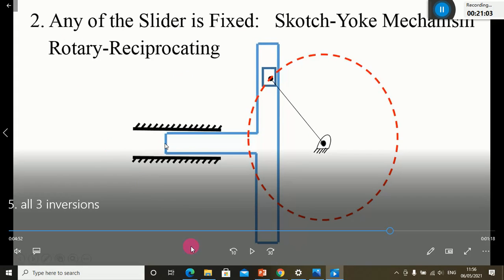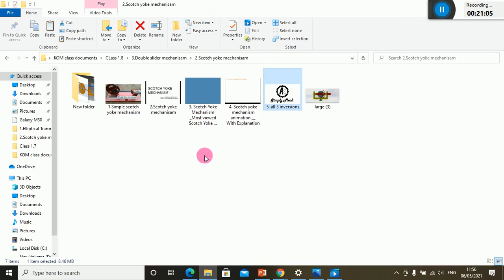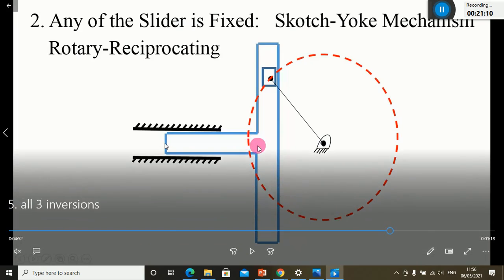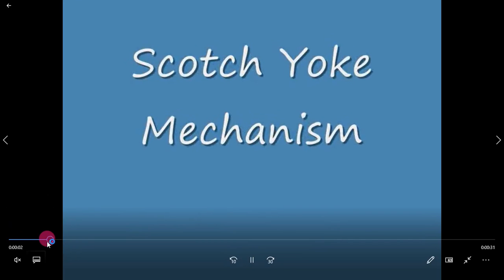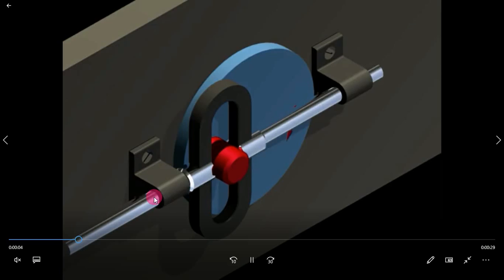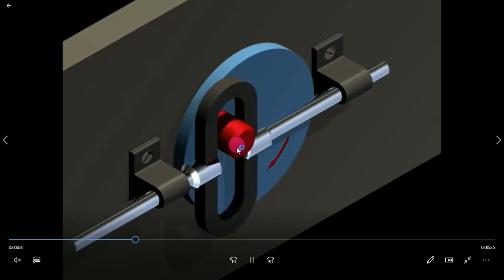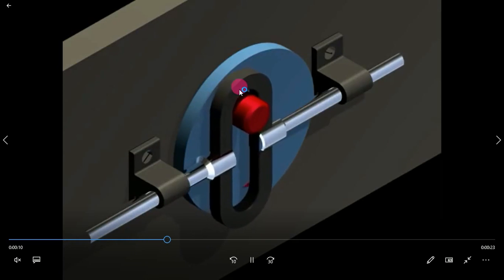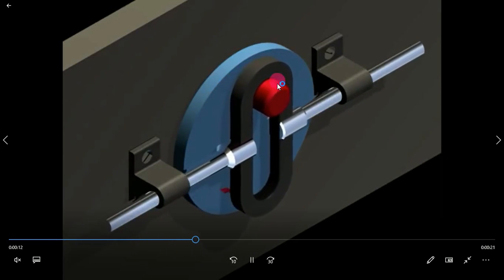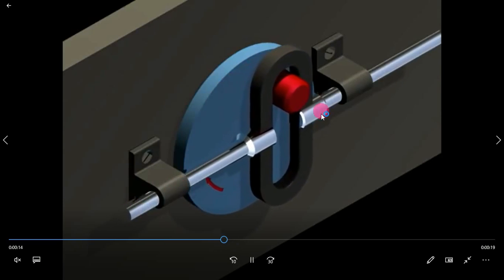And one more, if you want for better understanding, you can see one more. Yeah, so you can see this red color dot is nothing but one slider, and the black color one is nothing but a slotted bar, including this also, that silver color.